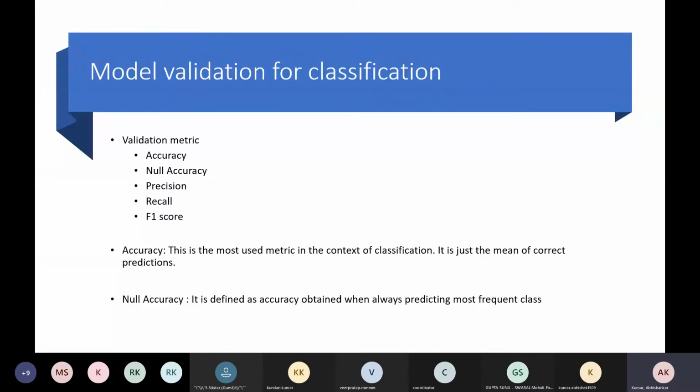So any model you are developing has to perform better than the null accuracy. What did we do in the case of regression, when we were discussing the random forest algorithm? Do you remember how we baselined our performance? We calculated the mean.